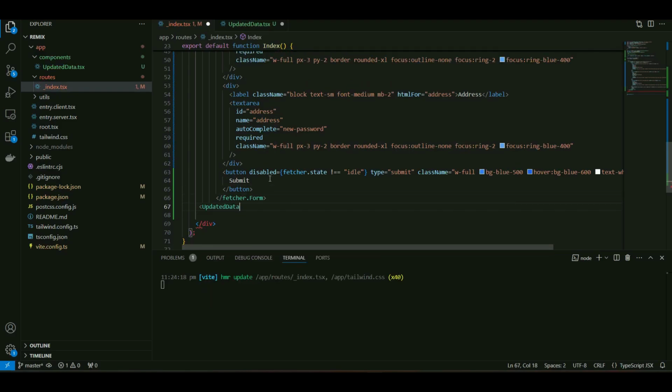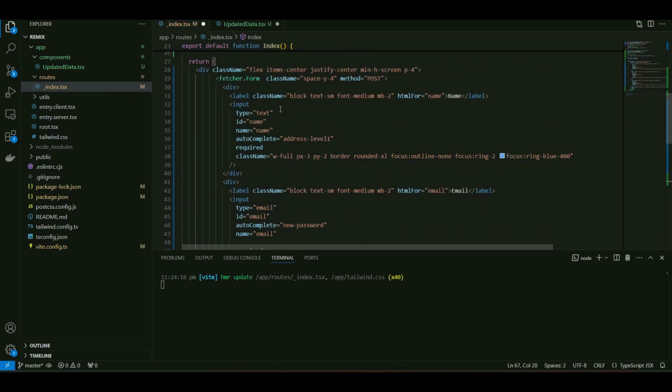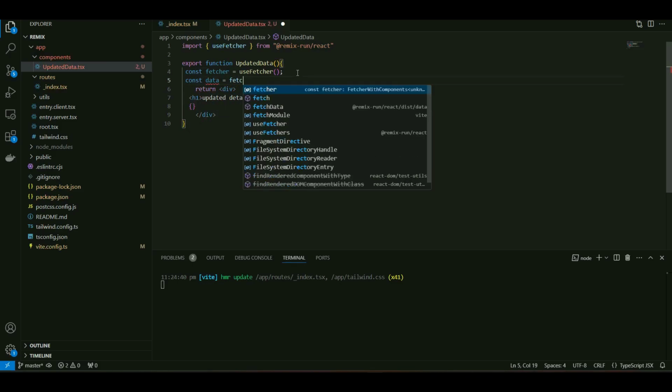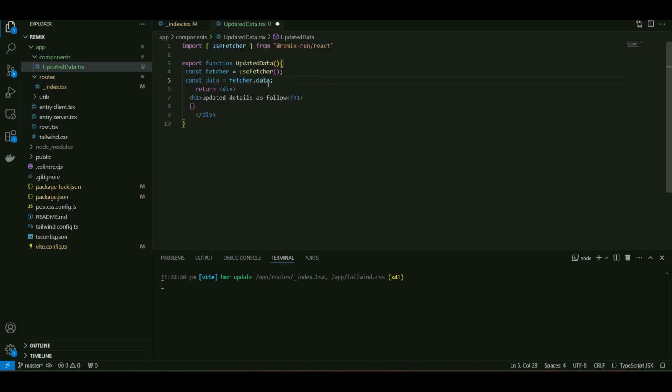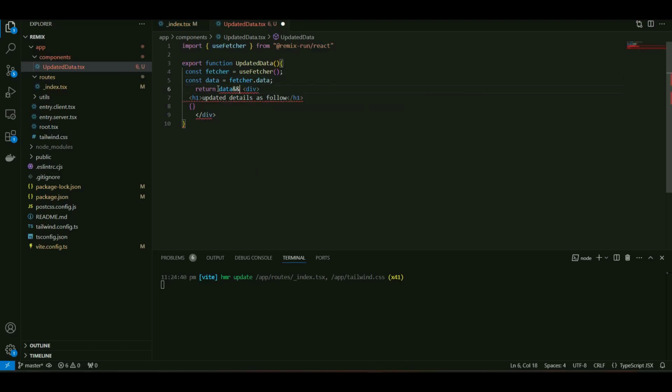Updated data. This is what I can do. Or what if I try to access useFetcher here in the child component? Fetcher is equal to useFetcher. And what if I try to have the data, fetcher.data? And if there is data, then only I'm going to bring this